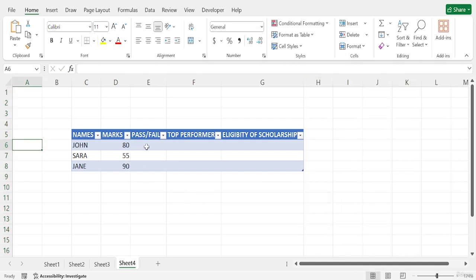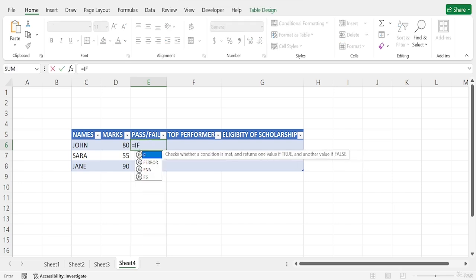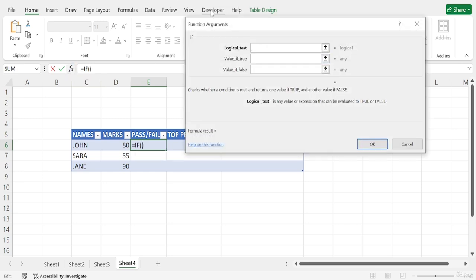So for pass or fail I will use the IF function. In this cell I will type the equal sign first, and then I will call the IF function and go to the function arguments, and as you can see it checks whether a condition is met and returns one value if true and another value if false.